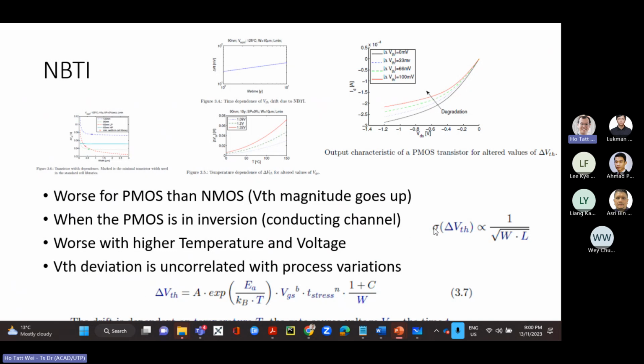And of course, the standard deviation is going to be proportional to W and L. This type of equation is useful because you can do it quantitatively. I don't really care so much about what values to select here. Just make it realistic, look up the paper, put down something. But I need to be able to see that you can take this all the way, from delta VTH, to convert it all the way to delay, how much more delay.